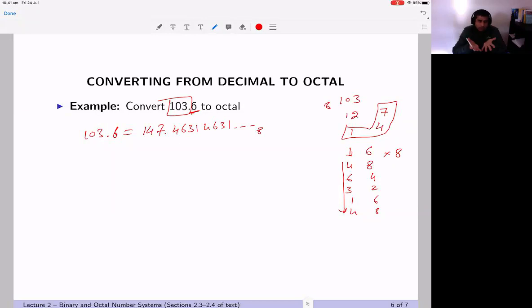So exactly the same process as you would have decimal to binary. Now you have octal to binary to decimal, or decimal to binary. Now you have decimal to octal, and similarly we would have octal to binary if we would do that soon, actually. So remember, we have decimal to binary, but we noticed that binary strings become